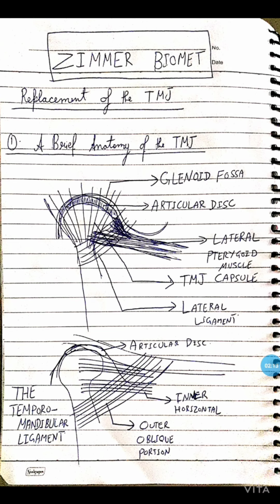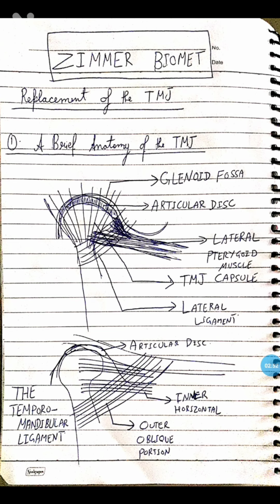Now, housed within the temporomandibular joint capsule, that is the TMJ capsule, the fibers that you see all around it, is the entire complex of the temporomandibular joint. Within this complex, you have synovial fluid as well. The temporomandibular joint is basically a synovial joint, so there's constant lubrication being provided to the joint. And the articular disc does play a major role in providing constant lubrication. In fact, if I go further into the physiology of the temporomandibular joint, the lubrication is via the cartilage of the condyle, as well as through the articular disc.